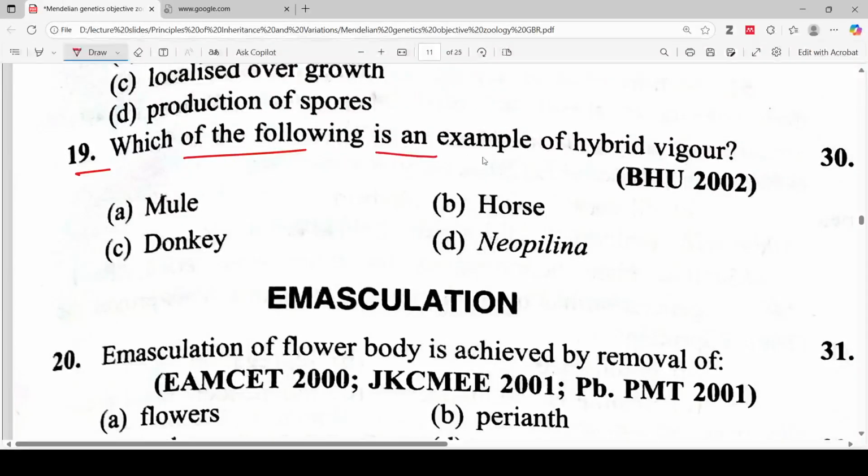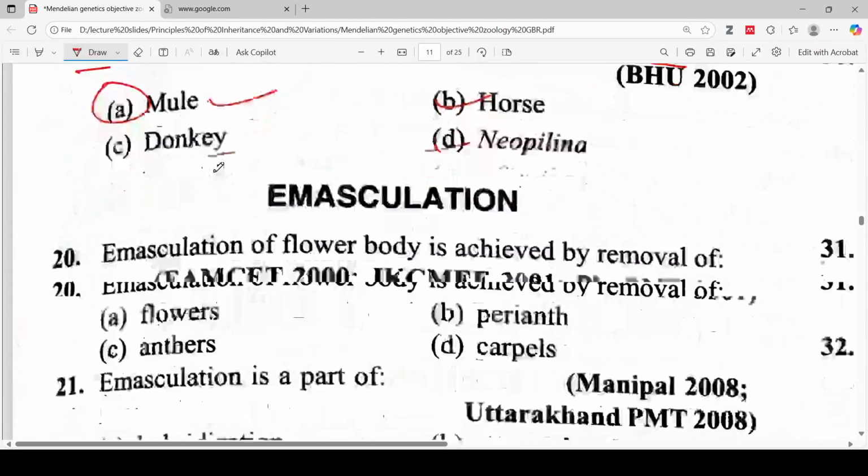which of the following is an example of hybrid vigor? Mule, donkey, horse, and neopilina. So the correct answer is mule. So next question,